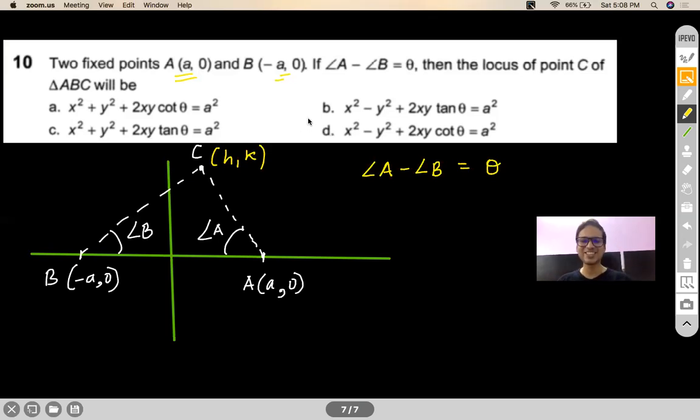Common sense. Okay. So these 2 points are fixed. So A is a fixed value. A is not a parameter. Is theta a parameter? No, it is not a parameter, because it is given that this is a fixed value, and of course you can see theta appearing in your answer also. Correct? So explicitly there is no parameter involved here till you assume something. Okay, so go ahead, work out this problem.